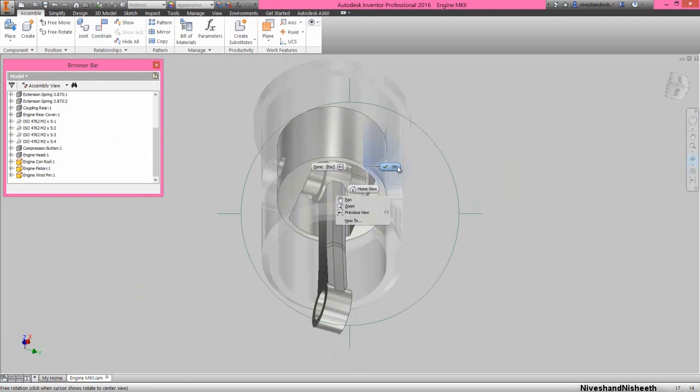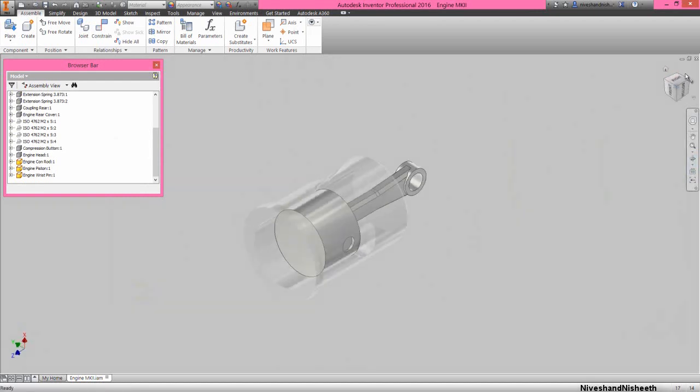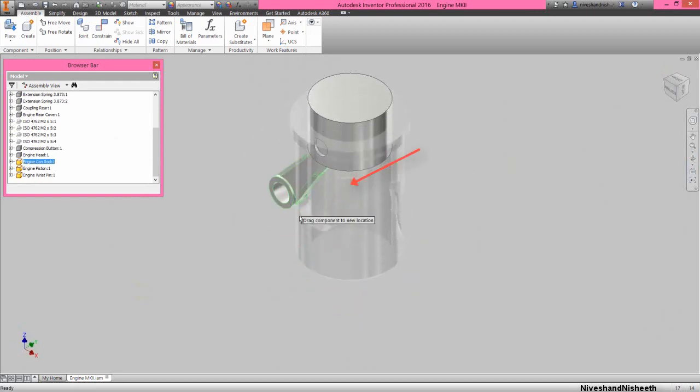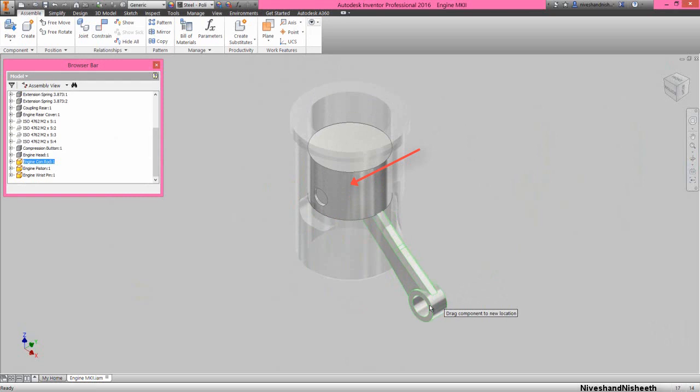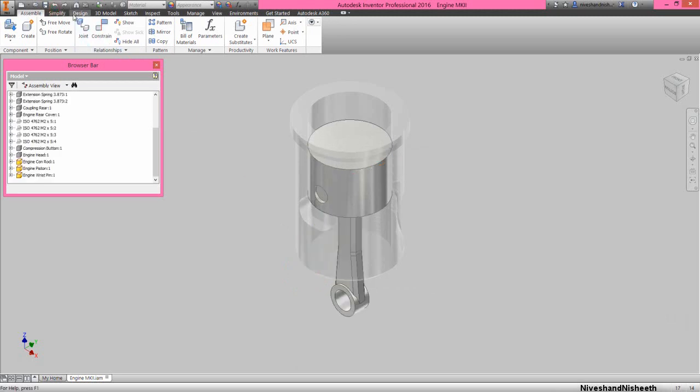It looks great. Now you can see here my engine connecting rod is rotating on its own axis inside of the engine piston, as well as engine piston is also sliding inside of the engine sleeve rear. It's looking great.